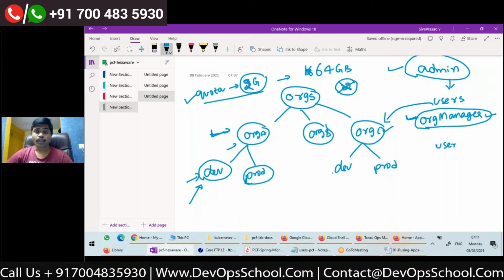Once spaces are created, he can create users and make a user a space manager. A space manager will be able to manage the allocated space. And there's one more role called space developer.